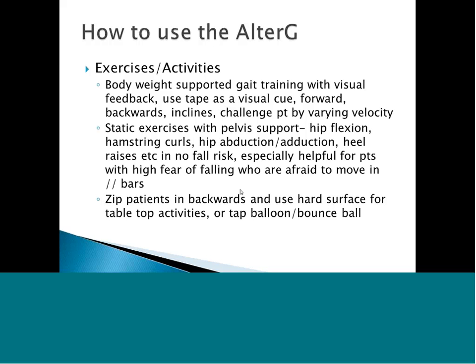A lot of COPD patients, too. I spoke with his staff, the pulmonary nurses and the cardiac nurses. If they don't qualify for going to their outpatient cardiopulmonary rehab, they can come here for inpatient or outpatient and use this AlterG just to trial it and see how it is. With patients that can't breathe very well, they get on it, their body weight is